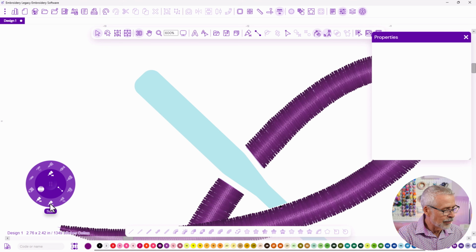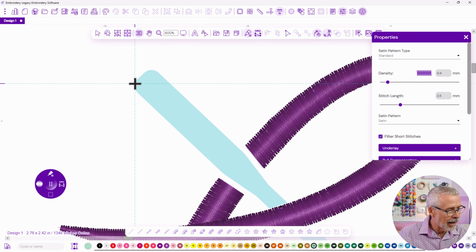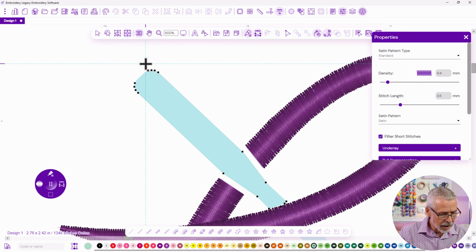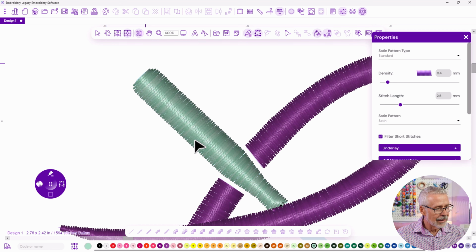I'm going to switch over to my regular satin. I'm going to change the color so that I have a color on screen that is going to match the color of the actual object. And I'm just going to put a point here with a left click, which is a straight, do a couple rights for a curve, go back to a straight, come here, here, here, and then I'm going to come to this side, come over to the other side, and then continue here to here, all straight points, and then go to curves, right to here, which is the opposite side. Then I'm going to put in a couple of inclination points just like that,